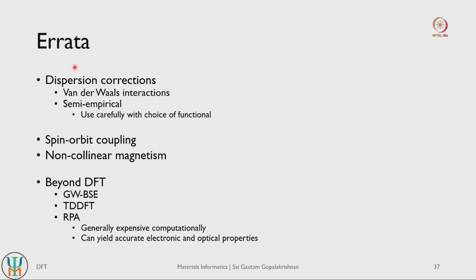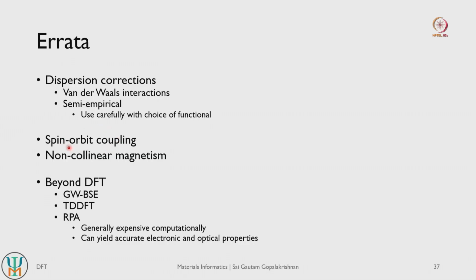So systems that have weak bonding interactions, or what are referred to as dispersion interactions, generally you can have some functionals that correct for your exchange correlation functional not capturing these dispersion interactions very well. And these are referred to as dispersion corrections. So there are corrections that account for van der Waals interactions, so they help your functional to model these van der Waals interactions very well. These are usually semi-empirical in nature, and whatever corrections you use, they are usually dependent on the choice of functional itself. So each functional will have its own suite of dispersion corrections that are available to it. So use them carefully. So read some literature and then see what people have used and then use them carefully.